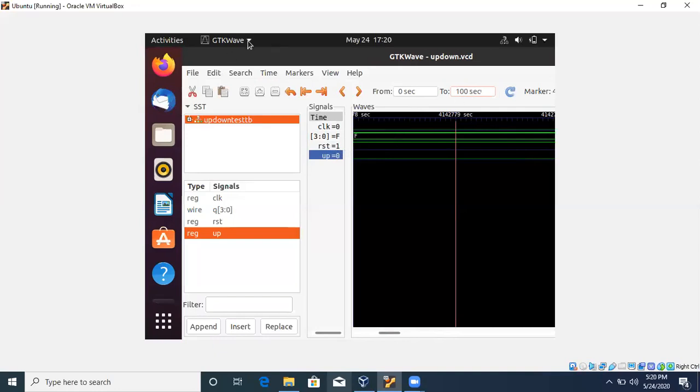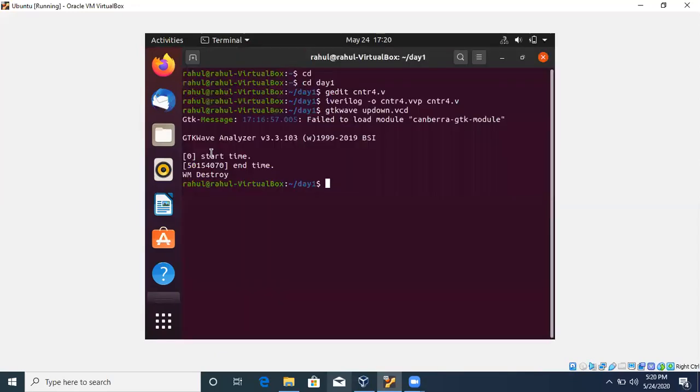So this is about the up down counter. In the next session we will discuss the finite state machine. First we will cover the theory, how to draw the state diagram for any given problem, and then how to convert that state diagram into the Verilog code, how to implement that diagram using Verilog programming. So all these things we will cover in the next session. It is an important application of sequential logic, which is a finite state machine.